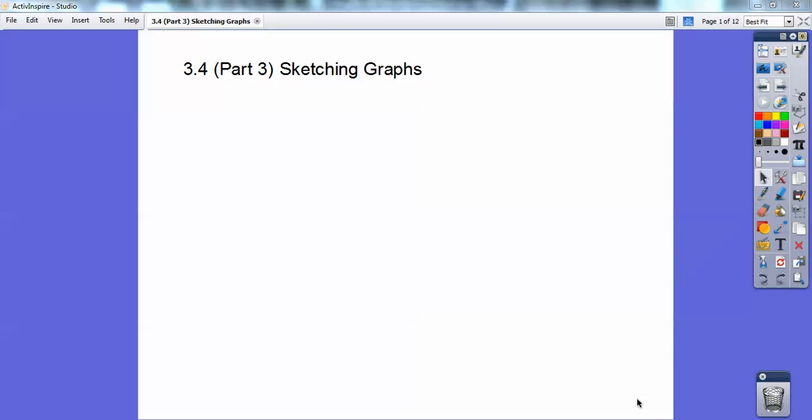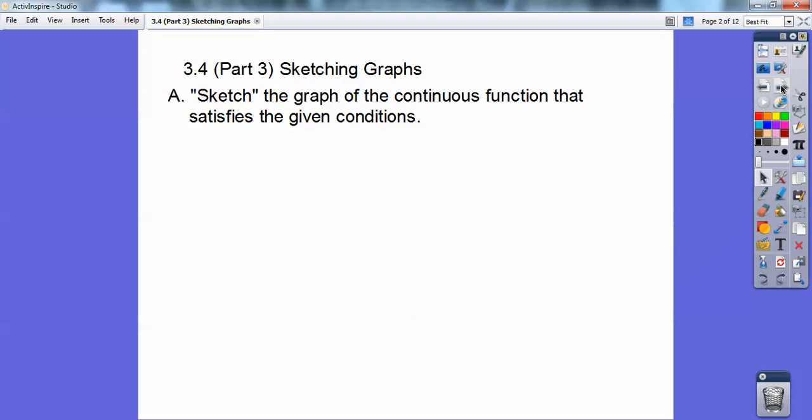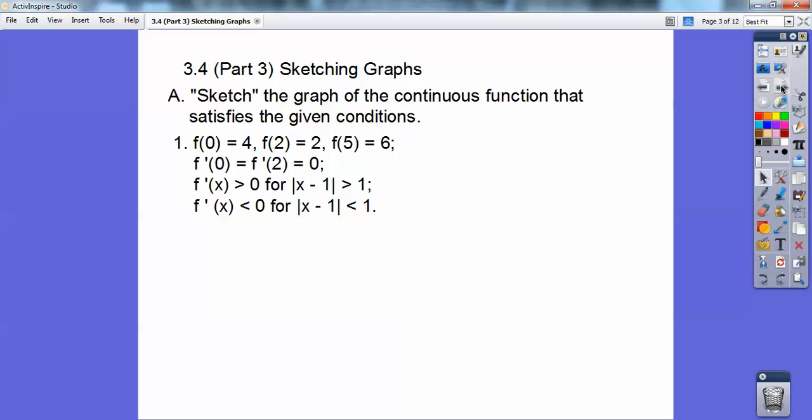Okay guys, this one's sketching some graphs with first derivative and second derivative and just some characteristics. So sketch the graph of the continuous function that satisfies the given conditions. Alright, so here we have f of 0 equals 4, f of 2 equals 2, f of 5 equals 6. We have f prime of 0 equals f prime of 2,